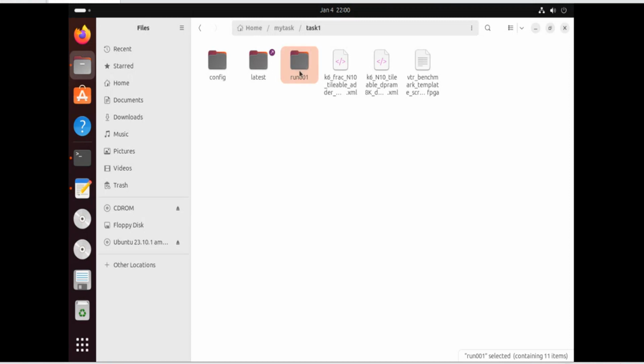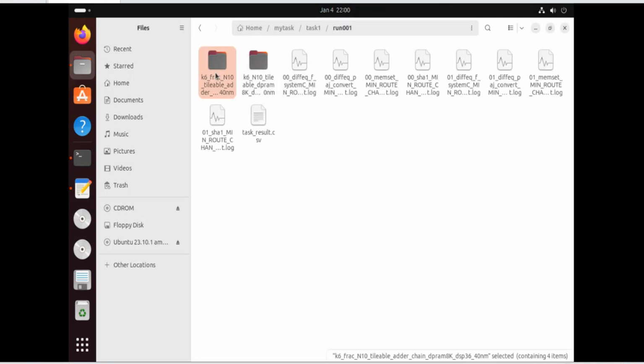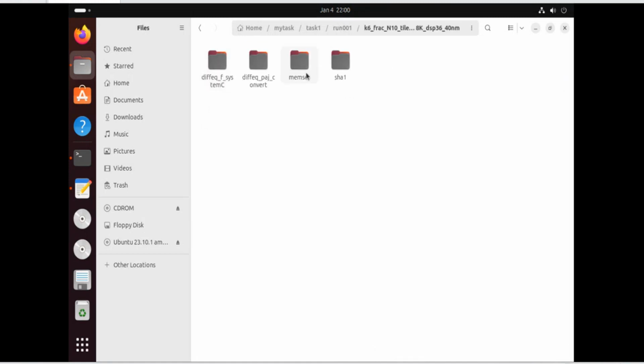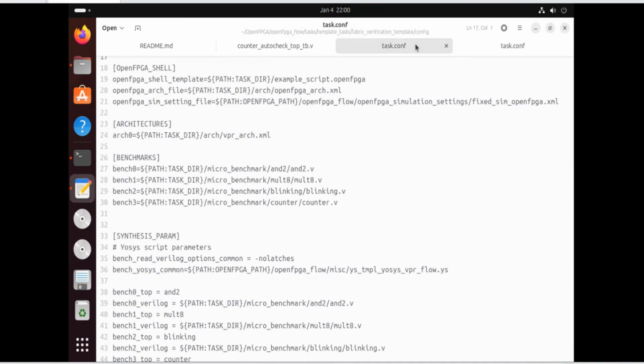It will create a run folder every single time you run this task. In the run 001 directory, we have two different architectures: the K6 with tileable adder, and the simple one with no carry chain adders. And we have these four different designs. If you navigate further in this directory, it has created a set of different output files. If we go back to the task configuration file,